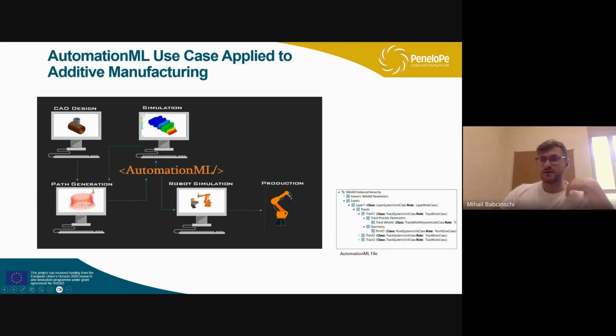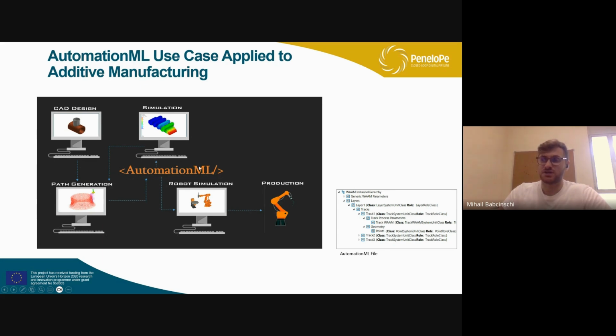We took the output from the path generation, because from CAD design to path generation, usually the path is straightforward. From CAD you can take a universal type of format like STEP or STL, and then you send it to the path generation. The path generation department creates the trajectories of how you need to make the part for additive manufacturing. And we took the output that was done by the path generation, and we fed it. We inserted all that data